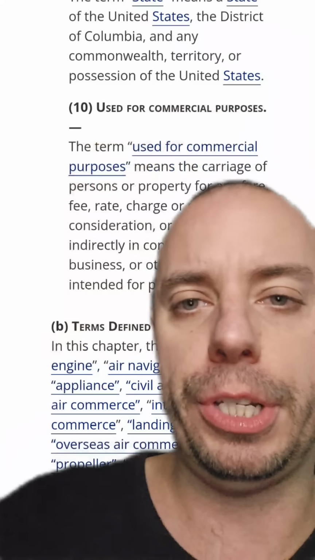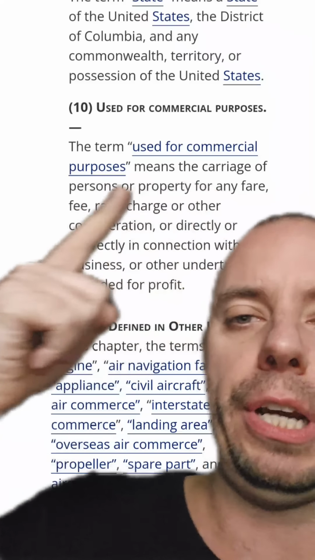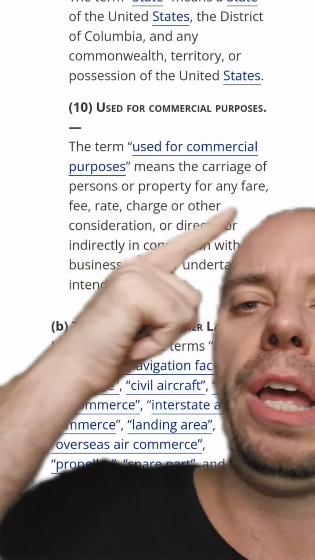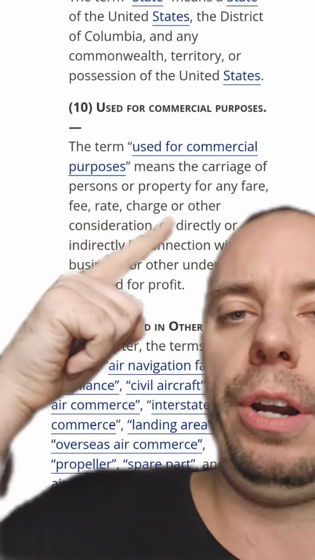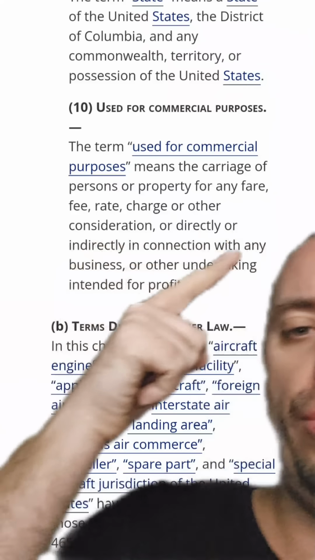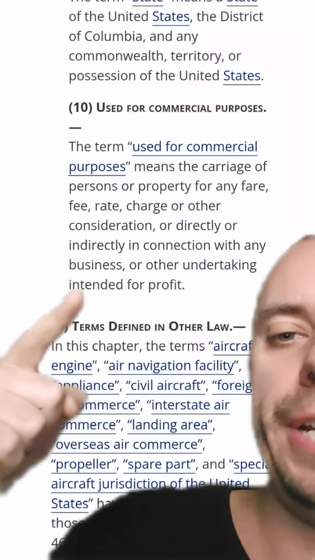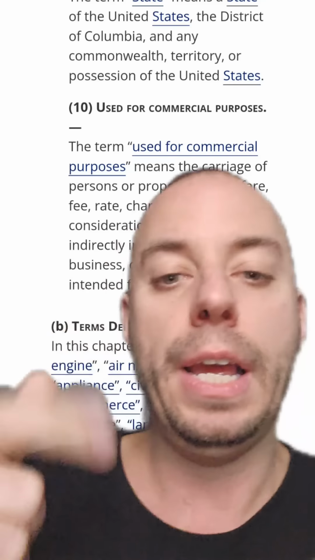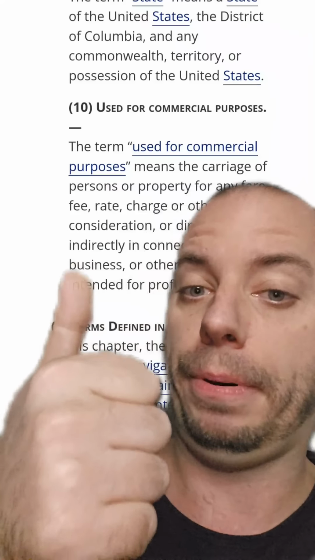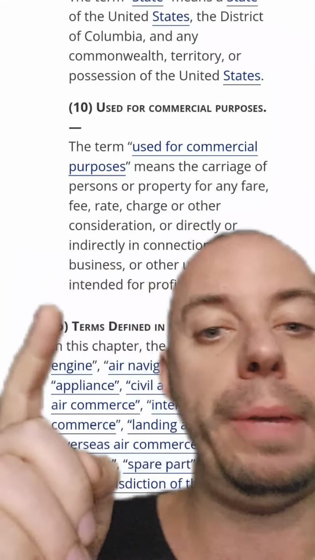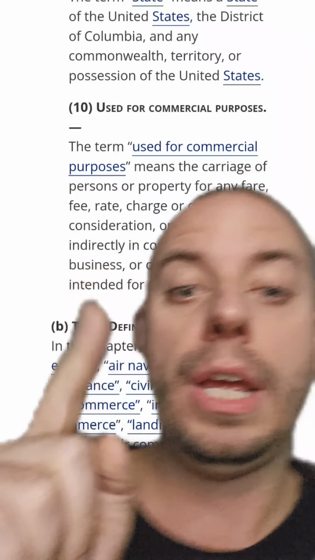Used for commercial purposes, right? The term used for commercial purposes means the carriage of persons or property for any fare, fee, rate, charge, or other consideration, or directly or indirectly in connection with any business or other undertaking intended for profit. So a motor vehicle is a vehicle that's transporting people or goods in exchange for some sort of monetary consideration,